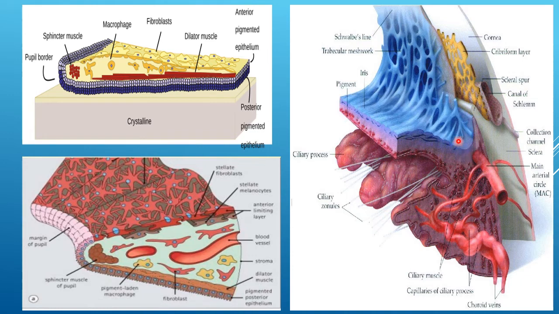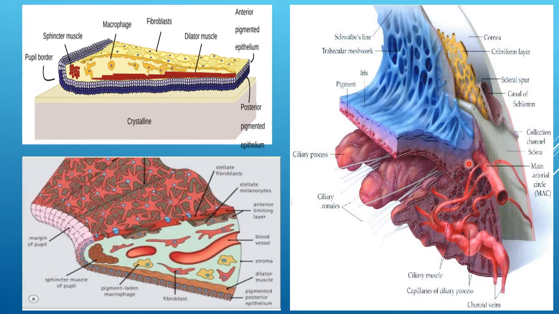So here in this slide you can easily understand the structure of the iris. You can see this is now the cornea and the sclera, and this is the canal of Schlemm. You can appreciate here, this is canal of Schlemm. And you have seen there was a scleral spur, which is actually the thickening of the fibrous tissue of the sclera, where most of the extraocular muscles are going to attach, making up that thickened part or ridge-like structure known as the scleral spur. It is nothing, it is just a thickening of the fibrous tissue.